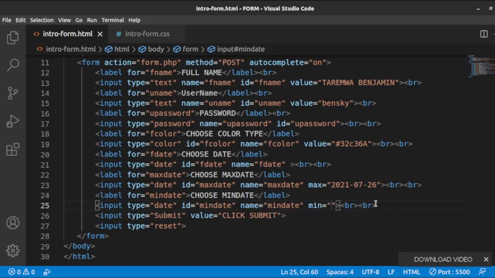So maximum is a date. Okay, we can say a date after this. So we could say, for example, that whatever we are looking for, or it could be that you are setting your semester, and the minimum date, for example, let me use that example, 2021-07-26, that you cannot pick a date below this. Why? Because we are assuming whatever you are doing, this input will not work, because you are trying to put a date of, say,